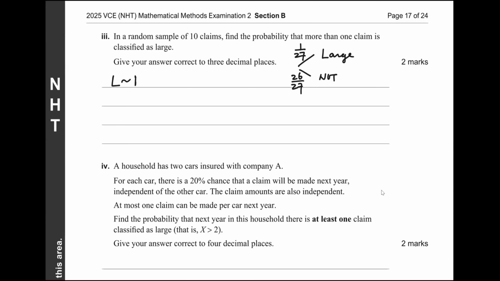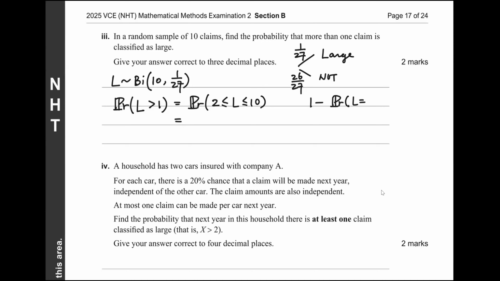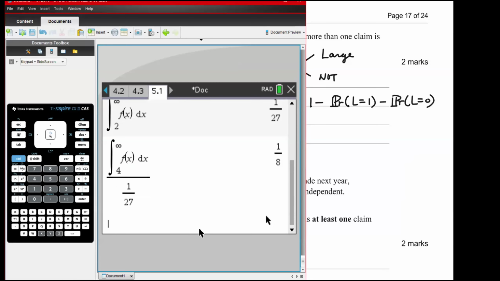We call that a binomial distribution. Large claims out of 10, and the probability is 1 out of 27. So we have probability L is more than 1, so I think that is from 2 to 10, okay? Or you could have worked out 1 minus probability L equals 1, minus probability L equals 0, something along these lines, okay? And you could actually use binomCDF